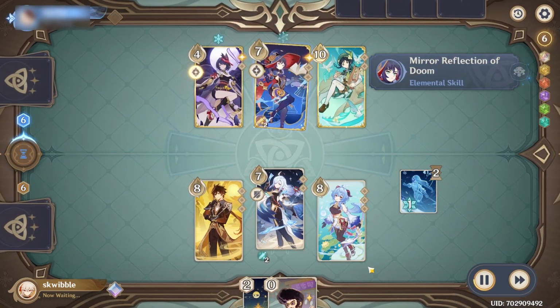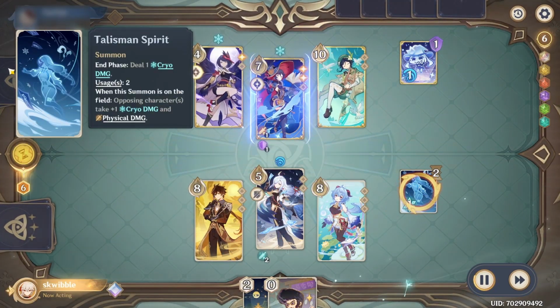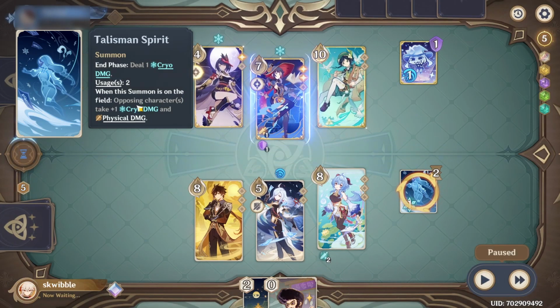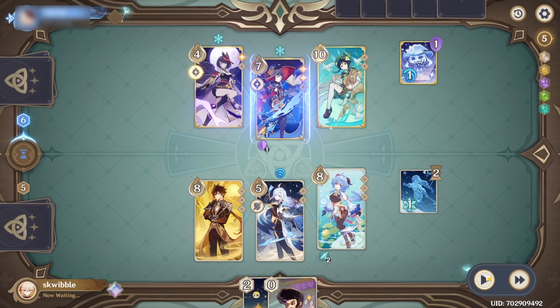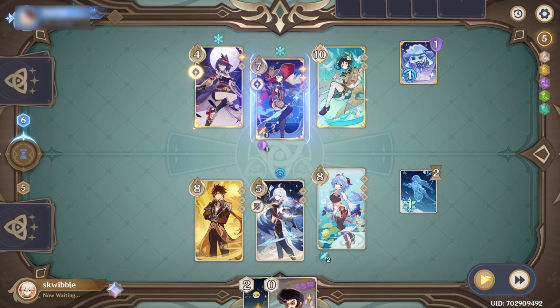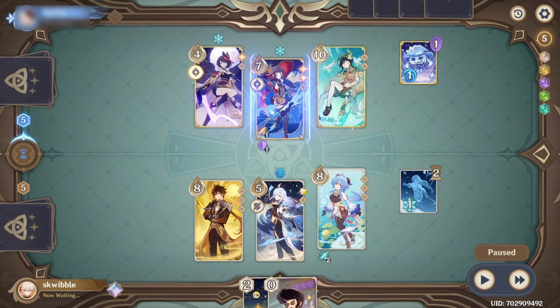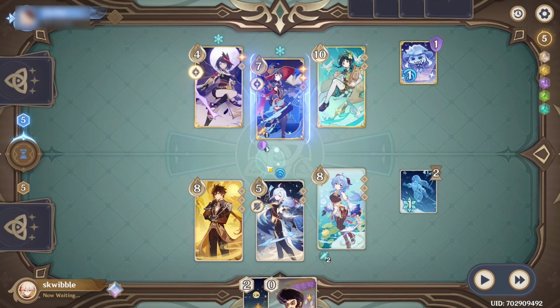Use Shunha's burst here, and then this will give me more cryo application, and it will give me more damage on my cryo and physical attacks all of this round and all of next round too. So it's good to develop at the start of the round if you can. I'll swap to Ganyu. This means that they can't easily trigger Swirl on Venti right away here. So they're probably going to...